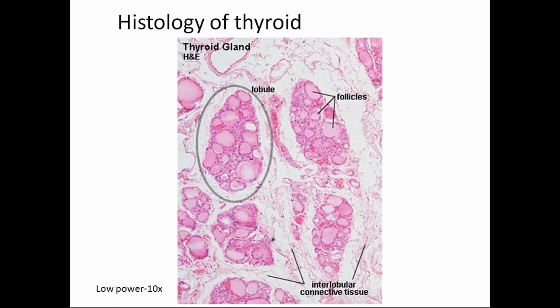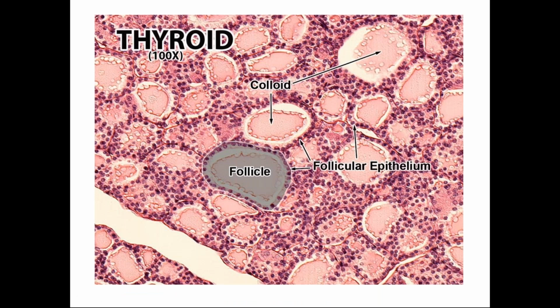Each lobule contains follicles which are separated by thin fibrous septa, and these fibrous septa contain small sized blood vessels. These are the blood vessels and nerves. So this is the high powered view of the normal thyroid parenchyma, and this is one lobule showing variably sized follicles, and these follicles are lined by the low cuboidal to tall columnar epithelium, and these are filled with the colloid. This pink color homogeneous structure is the colloid.